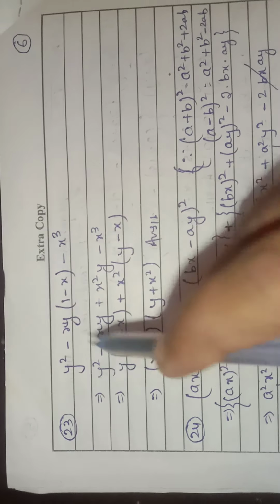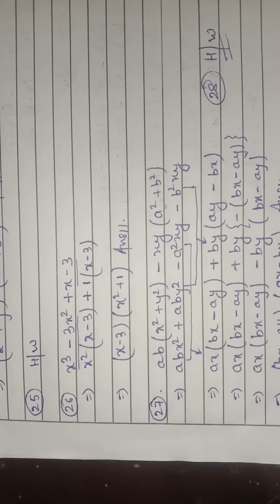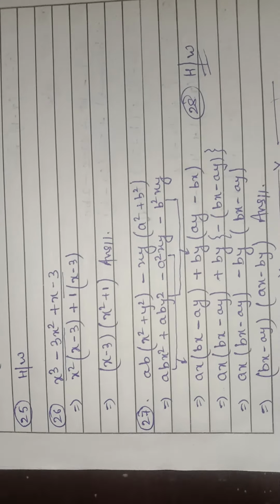Bracket 1 we can write it out one side and the leftover other side. Same way question number 26 also we have got. Common in these two, that is x square, and nothing is common, that means we have got 1. If nothing is common, that means 1. Bracket 1 write it one side and the number other side.